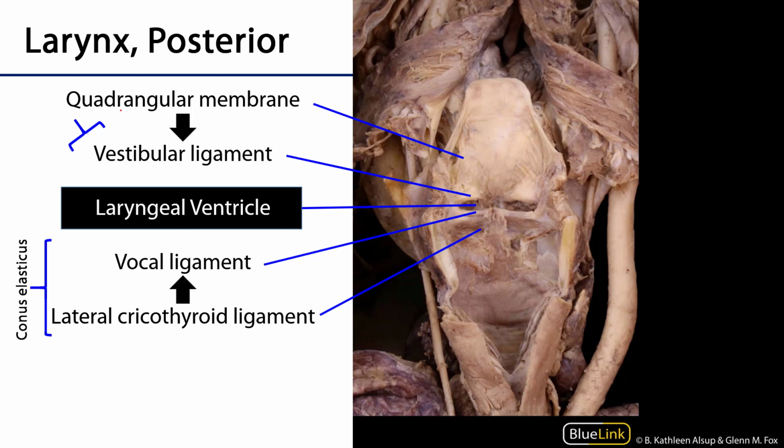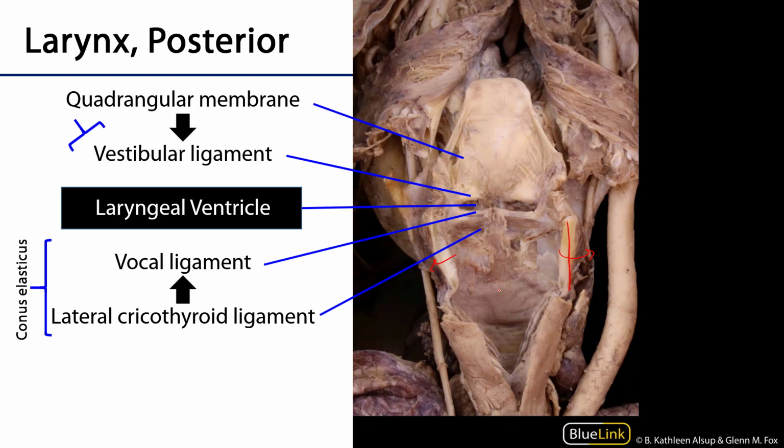So let's talk about the cavities within the larynx. Here, this is a cadaveric photo. The cricoid cartilage has been incised, and we've rotated it out and laterally. So we can see that there's a lot of empty space here, and that empty space is going to be flanked